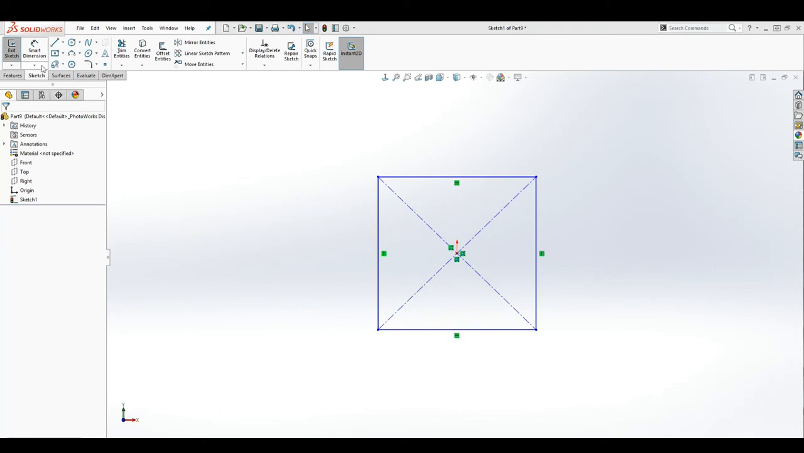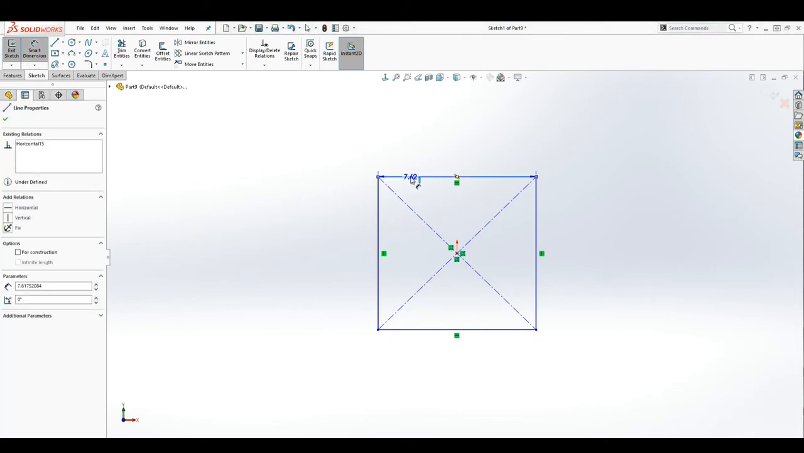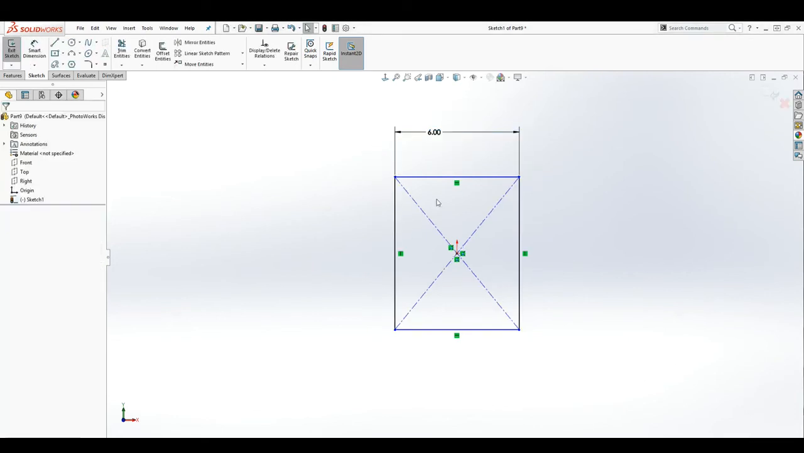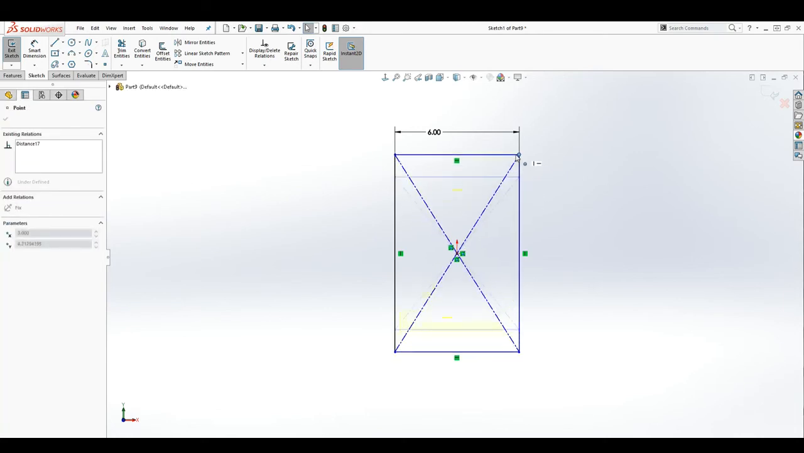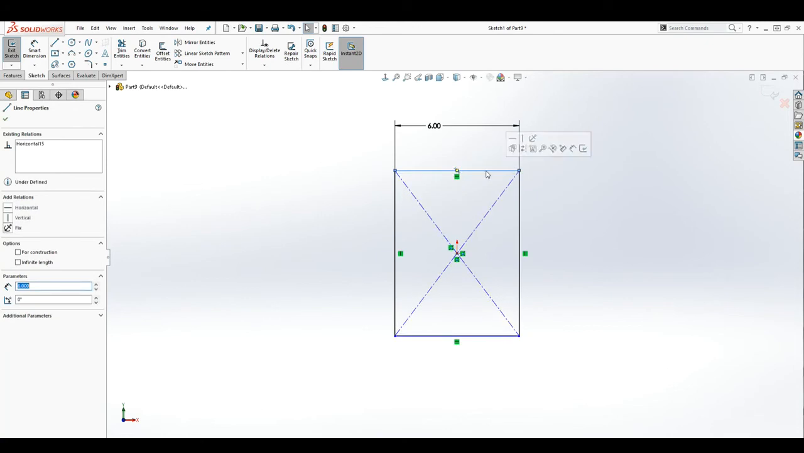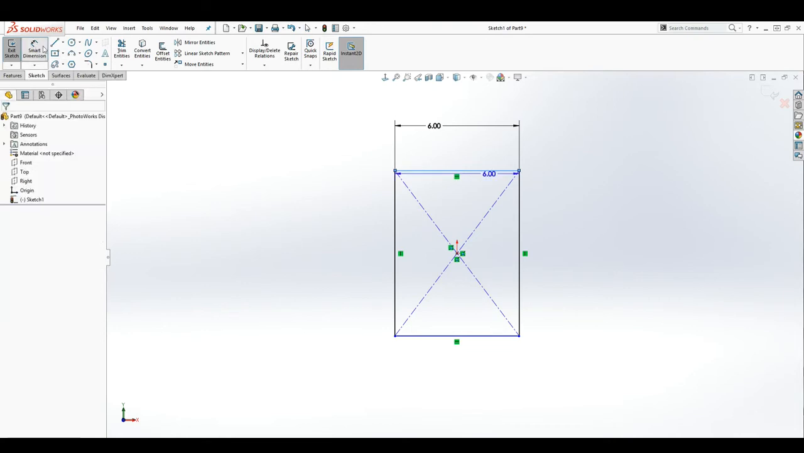So we're going to click on the smart dimension and add the dimension to this line, and let's make that 6. Now you can see that these two lines are fully black, meaning that those lines are fully defined. The only thing left is this line, which is still blue. You can tell that the line is undefined because I can still grab that blue line and move it up and down. To fully define this line, we click on our smart dimension again